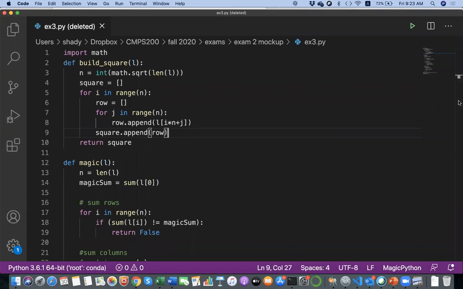Go ahead, chat. Can we write what? Row of I dot append L of J? Row is initially empty, right? So I'm not sure what you mean by this. Row of I dot append L of J. Here I'm creating row as an empty list, so it doesn't have any elements yet. Right? That's why I'm